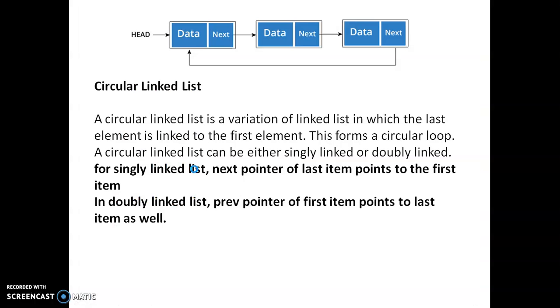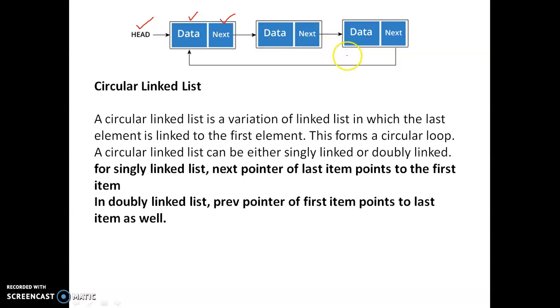we'll see the circular linked list. A circular linked list is especially used to move from the first node to the last node and from the last node to the first node. This is a single linked list made into a circular linked list. Here also we have the head node, with one data value and one next pointer that points to the next node.